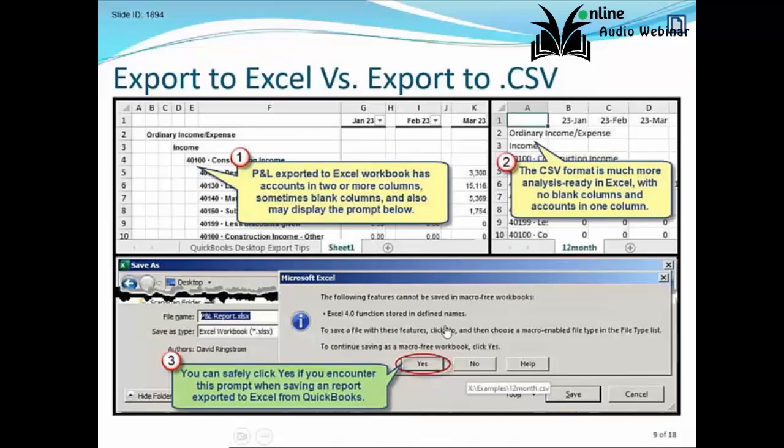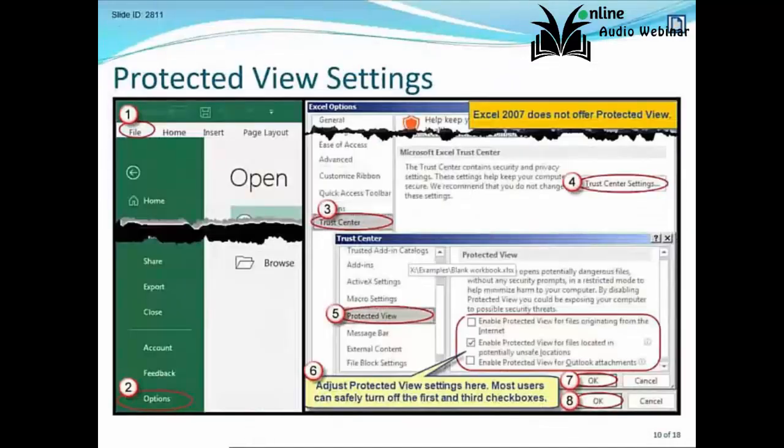Am I going to affect my report if I click yes here? I mean, so what do I do? Fortunately, this prompt should not show up anymore if you're using a current version of QuickBooks. So this does bring us to that setting, though, that we can run into with the QuickBooks Online exports, which